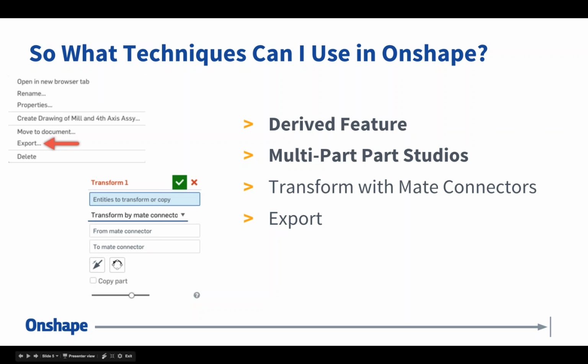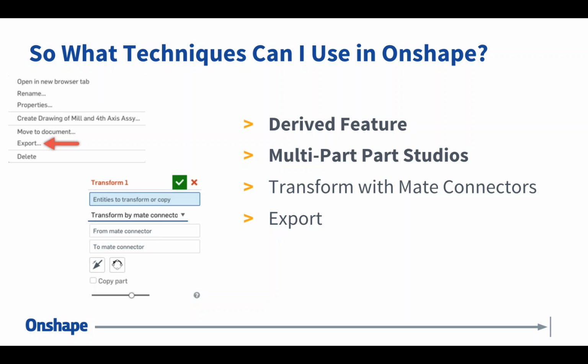Also, multi-part part studios. And the reason multi-part part studios are important is oftentimes you want to design your fixture around the part that you're making. And that means building multiple parts in the same environment. Often, again, referred to as top-down design. So if you've heard of that term, that's what we're referring to. And all we're doing is we're importing this part that we've got to make, and then I'm building all these parts, maybe just a single part or multiple, around that part that I'm going to make,